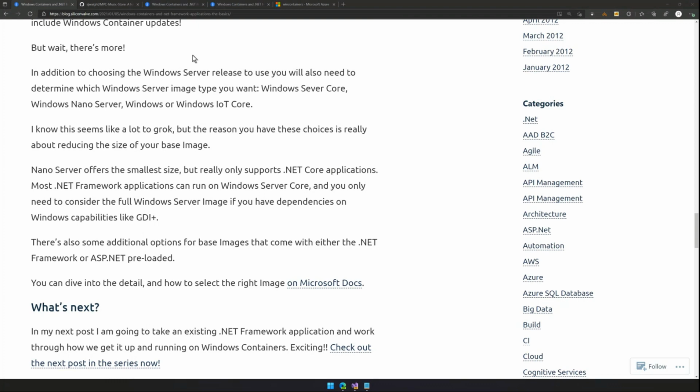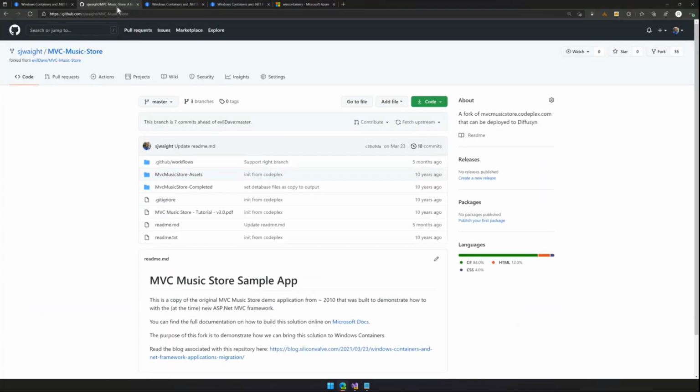And the point of this talk and the blog series was talking about existing applications, because as an industry, we love to talk about all the new and shiny, and we all love to do the file new project with the latest release of .NET. But there's a very large base of pre-built applications out there that we often overlook. So when I was looking to use something that was realistic, I went hunting for something, and I found the trusty old MVC Music Store sample app.